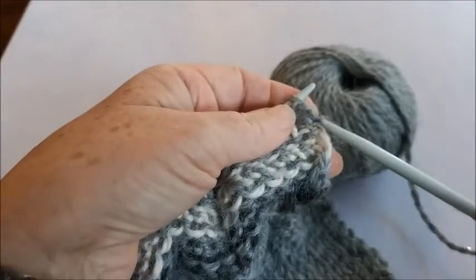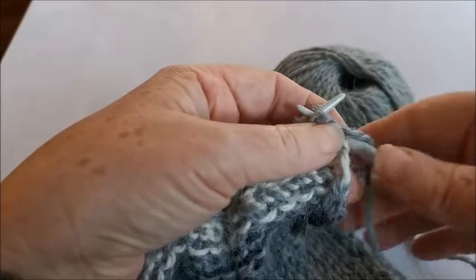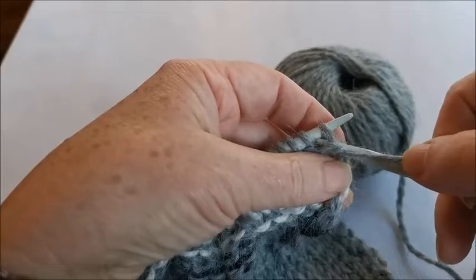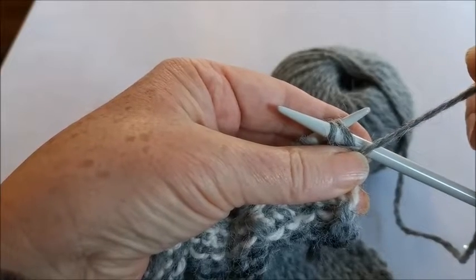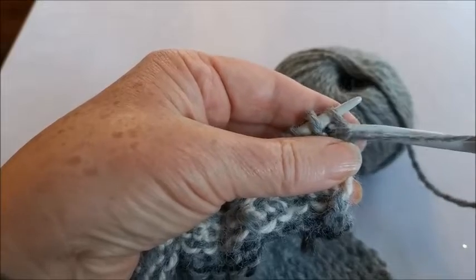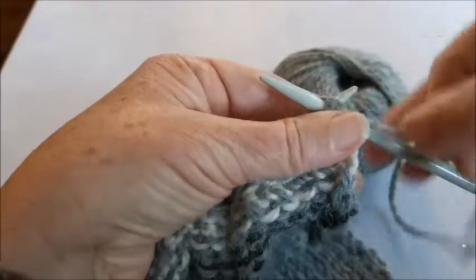The second decrease row is exactly the same as the first, except you're purling obviously, and you've only got 10 stitches now between the two knit together. With purl, when you purl two together, I should say, rather than knit two together, you do exactly the same. So your needle goes through two stitches, you purl,